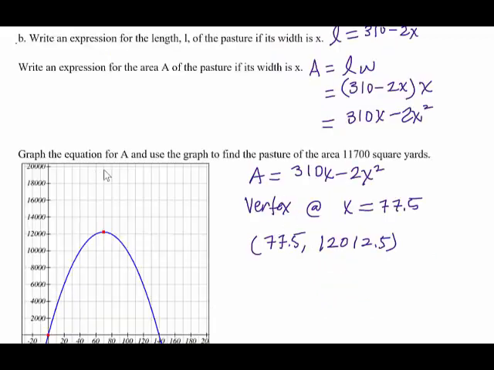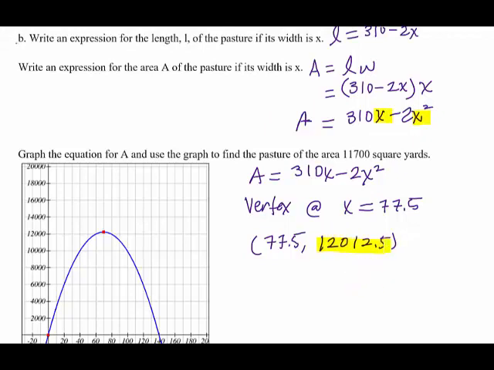And lastly, we want to graph the equation of the area, so area as a function of the width, x. To do that, we've been given a hint that the x-coordinate of the vertex is 77.5, and so I would substitute 77.5 for x and evaluate, and that gives me this y value of